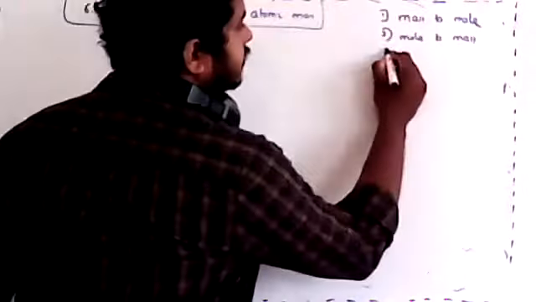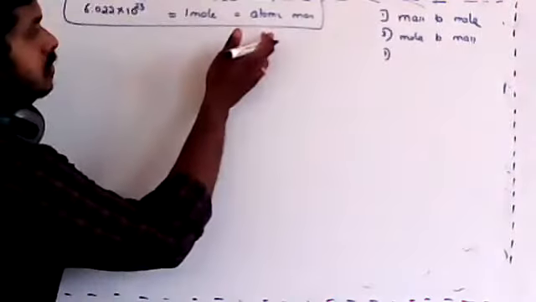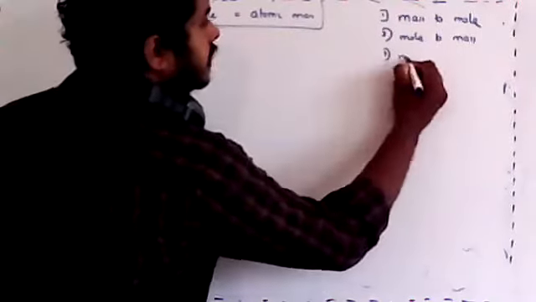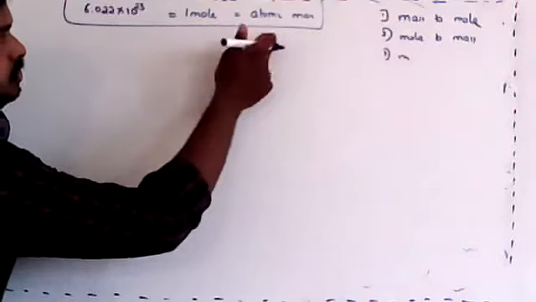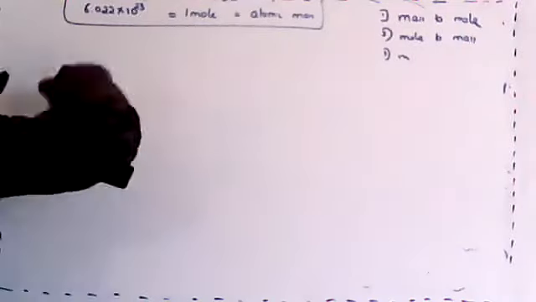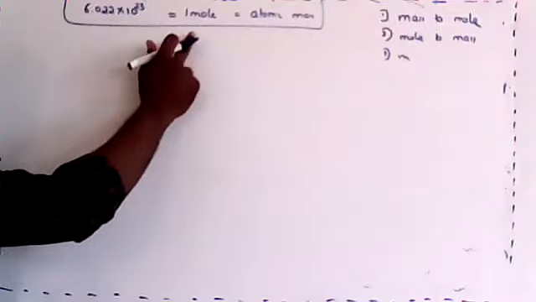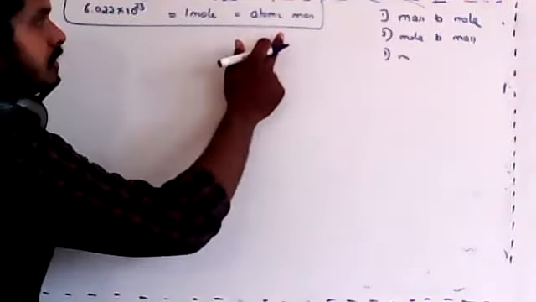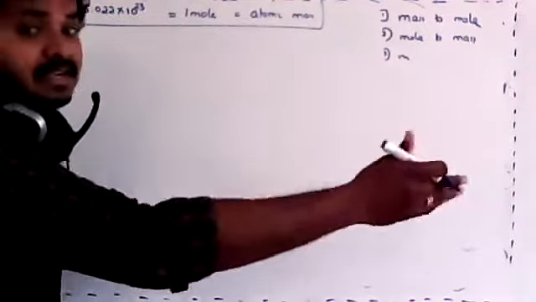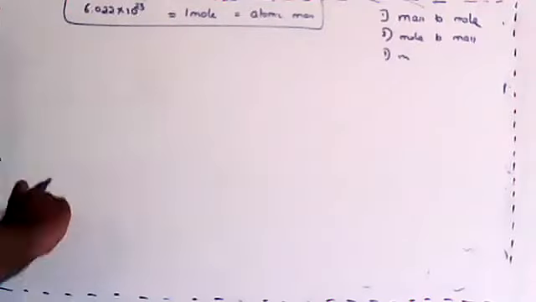Then the third thing is you have to practice how to convert mass into number. Now see, the first thing you will be converting these two, second thing these two, and we have already discussed this conversion, mole to number, number to mole. So this to this is over. Now today we're going to discuss this to this, and the third thing that we have to discuss is directly to this.